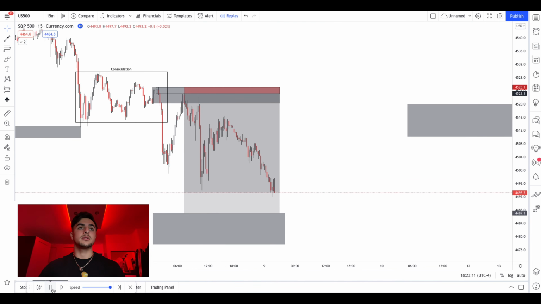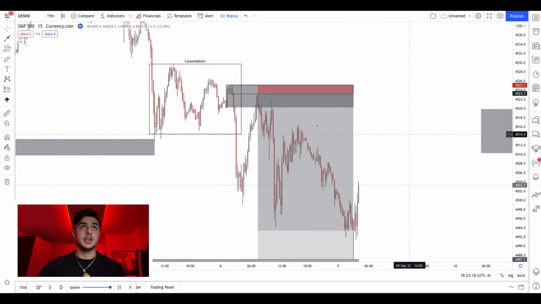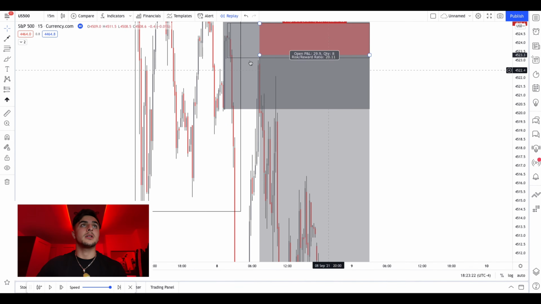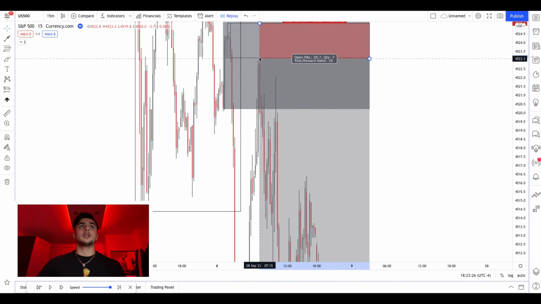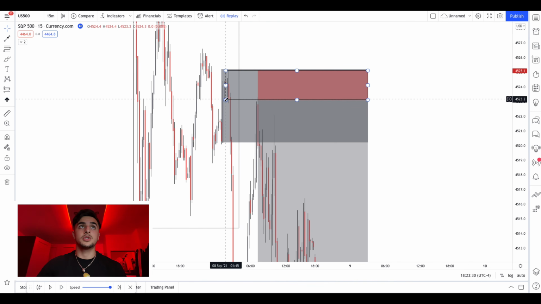On quickly, there it is. Beautiful entry, beautiful exit. Okay, now let's zoom into that entry, show you guys it properly. Alright, there it is. So we entered again at the wick of that candle, stop loss at the wick of